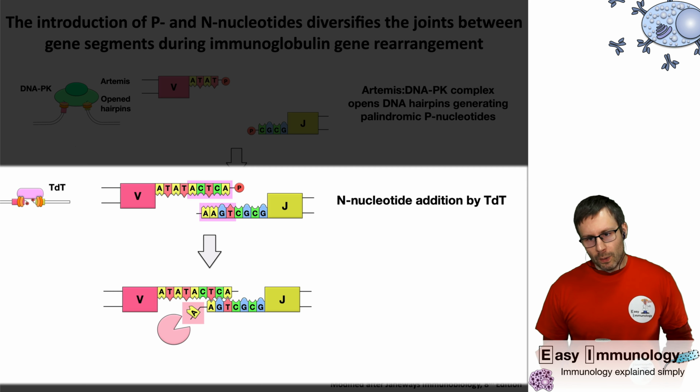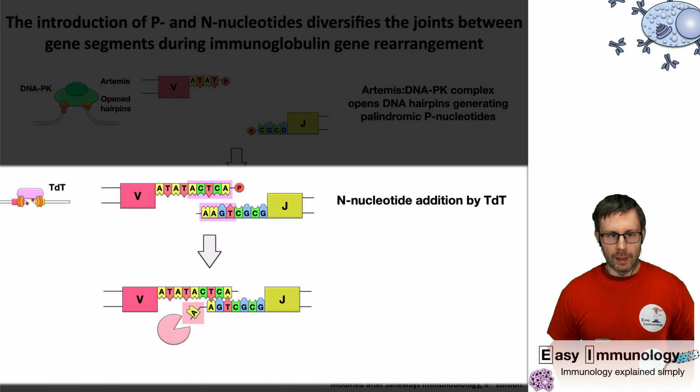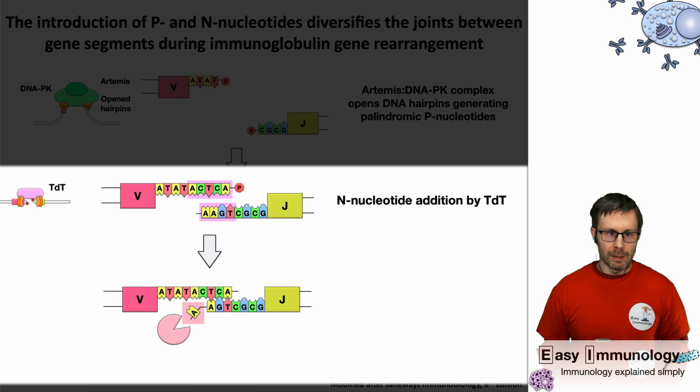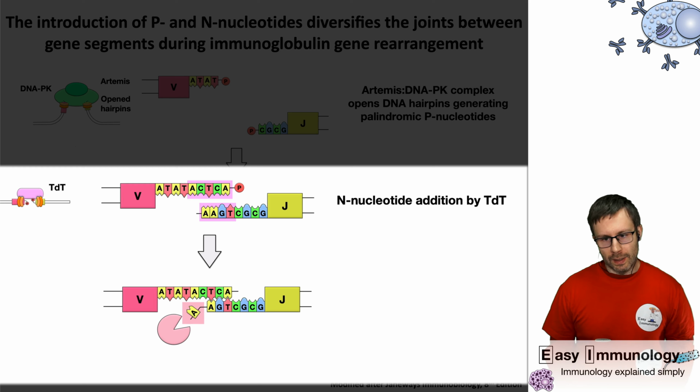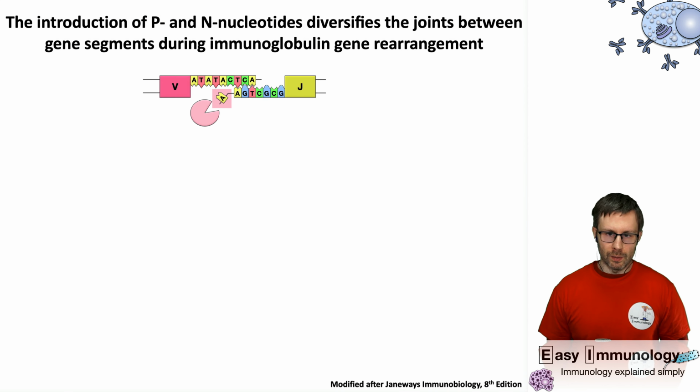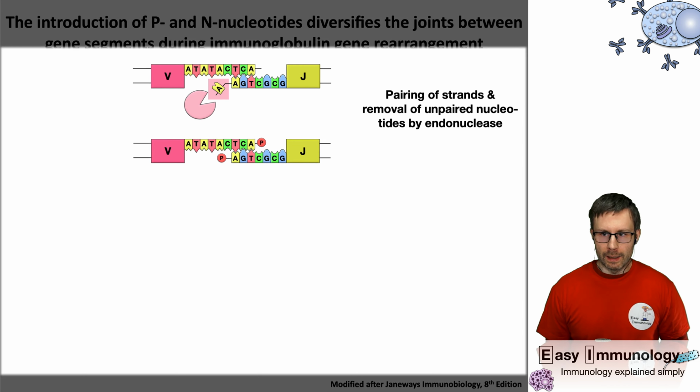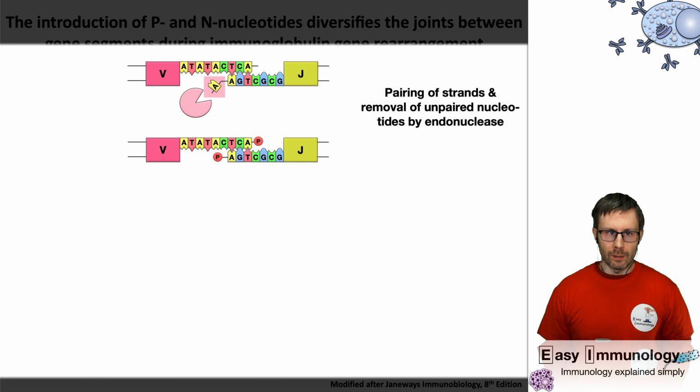Then we try to fit these two strands together. This works rather nicely because that's the example I made up, and you can see that from these N nucleotides that were added, there is a stretch of 3 nucleotides, this TA, GC, and AT, that fits together, but the A on the end of the J segment doesn't fit. And this is then removed by endonucleases. So there are proteins that cut off